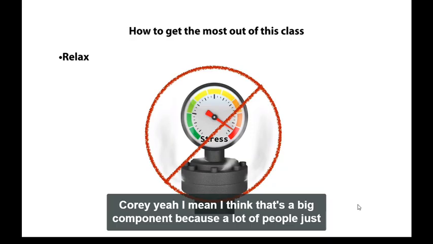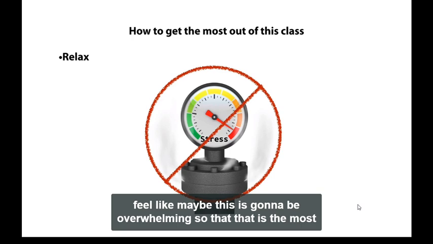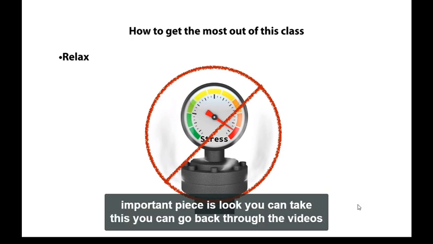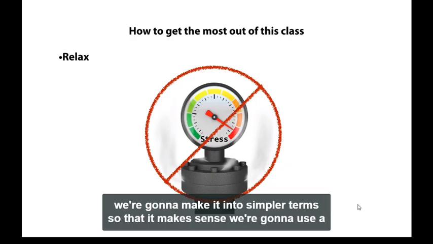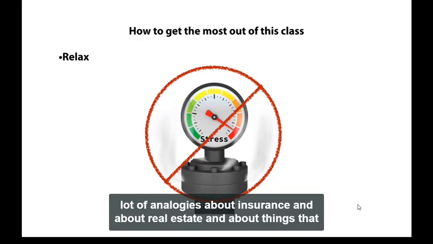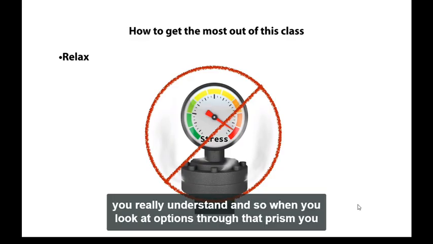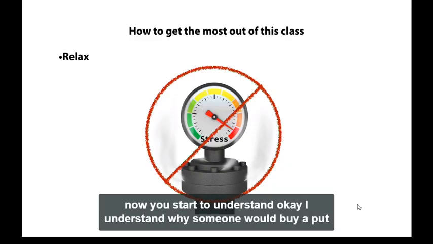Yeah, I think that's a big component because a lot of people just feel like maybe this is going to be overwhelming. So the most important piece is, look, you can take this, you can go back through the videos, you can rewatch, re-examine, and for the most part we're going to make it into simpler terms so that it makes sense. We're going to use a lot of analogies about insurance and about real estate and about things that you really understand. And so when you look at options through that prism, now you start to understand,